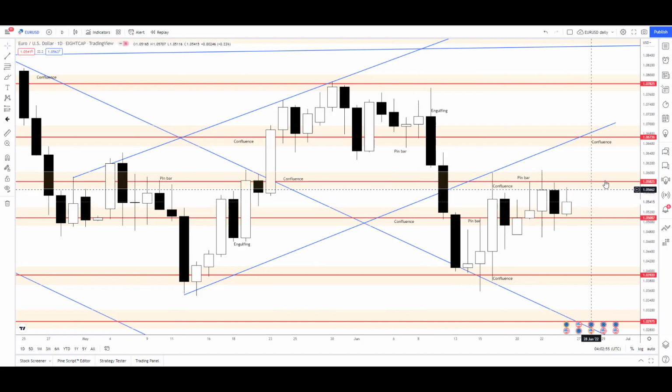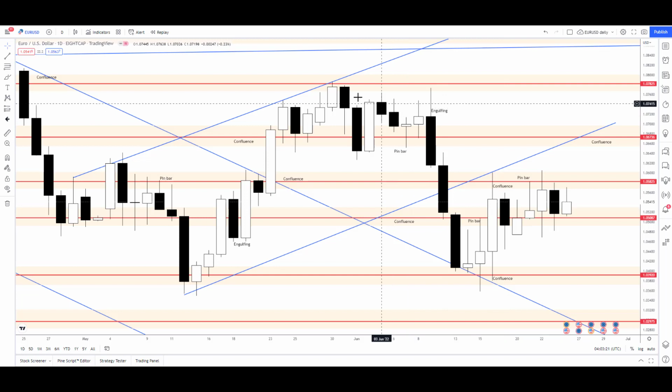So if the price manages to close above 1.05825, the next resistance is 1.06736, which is not acting as a strong resistance. We can see here in the last attempt when the price moved to the upside, the price did not find any strong resistance here, but it moved slightly to the next resistance,